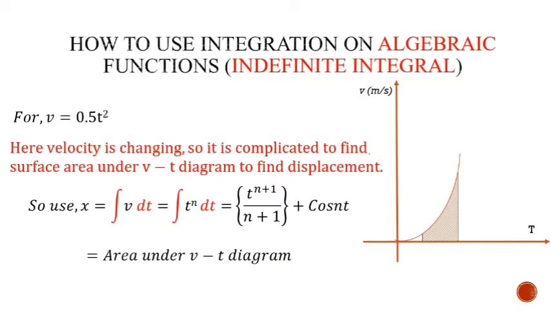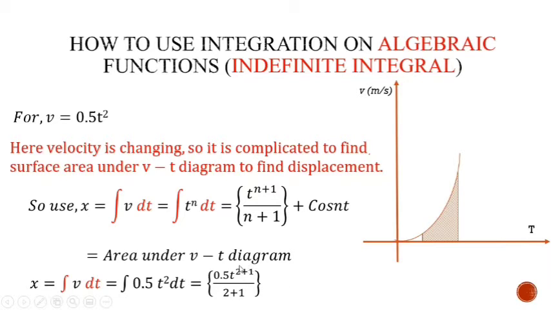Here you can see the area under it is again the area under the v-t diagram. So integration of v dt, here limits are not there, that is why it is known as an indefinite integral. Earlier one was the definite integral, this one is the indefinite integral. In case of an indefinite integral, this procedure is the same, power is increased and power is divided, plus a constant will be there. So you have to remember that if the limits are given, then there will be subtraction of two different limits, and if the limits are not given, then a constant will be there in the output of the integration.